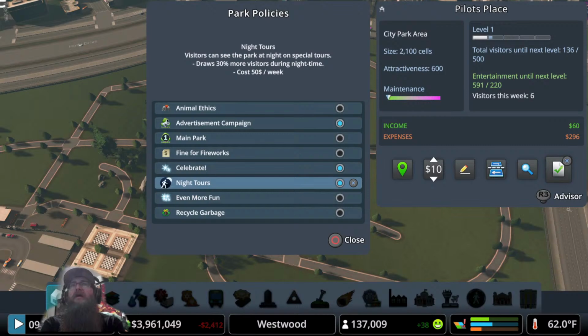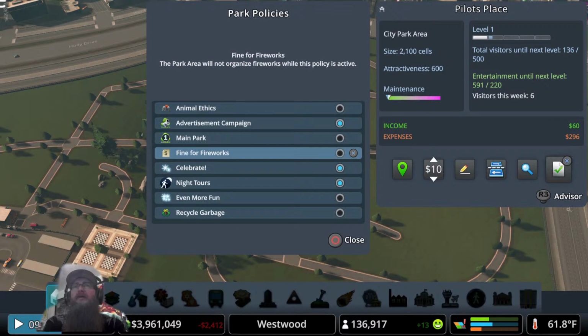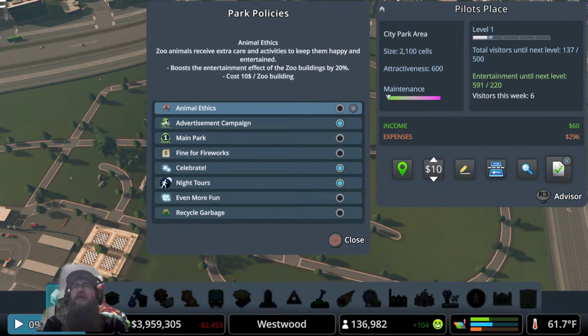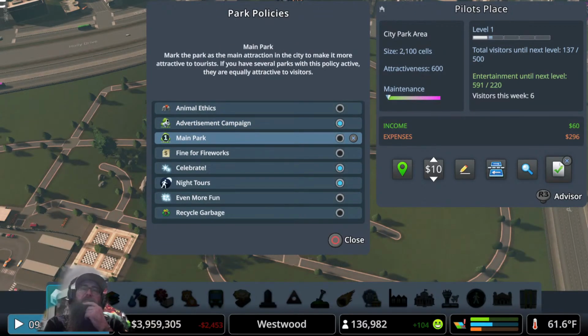Even more fun. Night tours. That works. Celebrate. That works. Fine for fireworks. I'm not using. Obviously, I want fireworks. Now, animal ethics is for the zoo. Advertising is for everything. Main park, though. Like, see, the thing is with the main park, if you choose this, it makes them all equal. So,